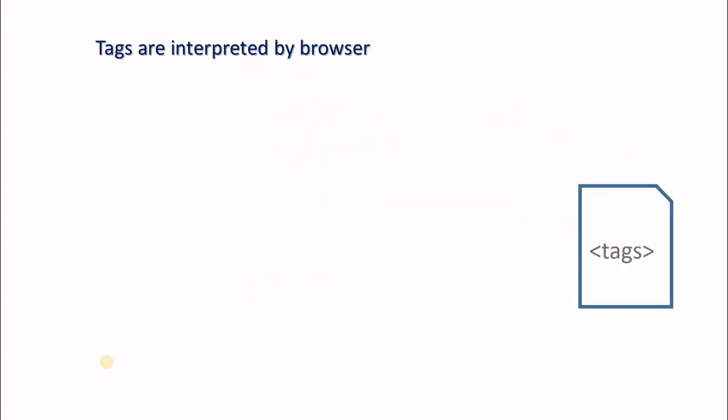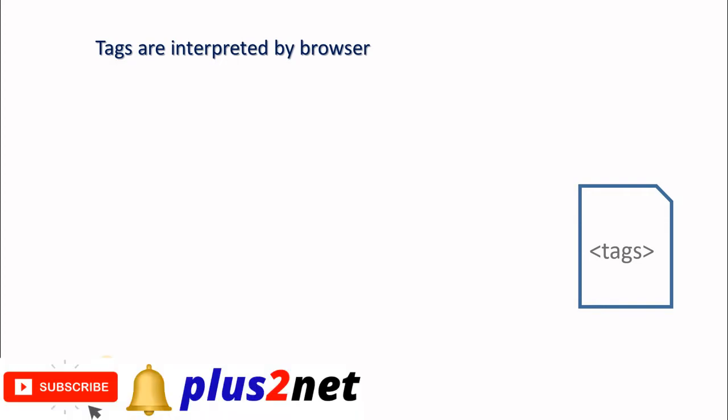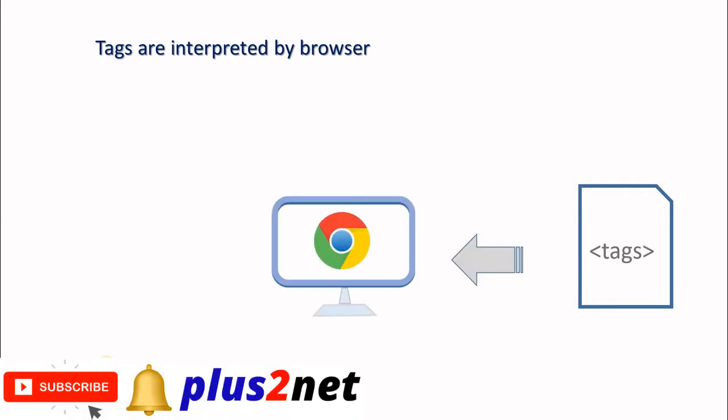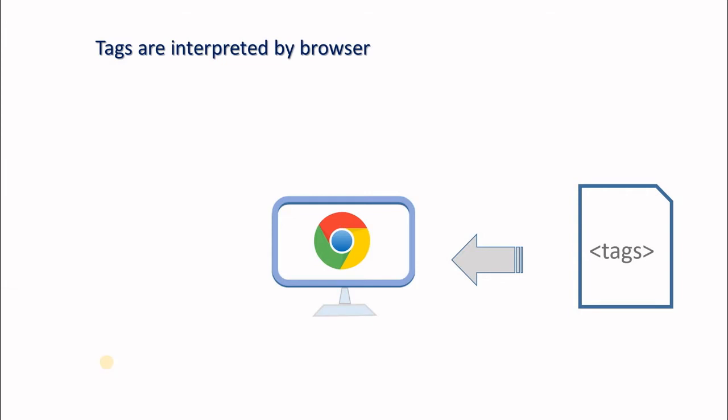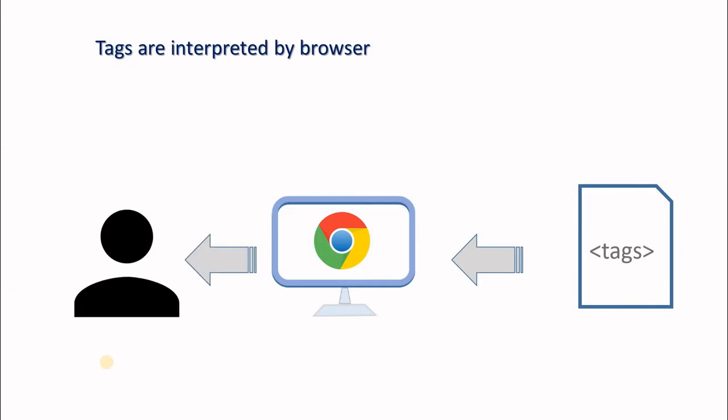So let's understand how the tags are interpreted. Tags are all interpreted by the browser. The way we want the content to be displayed, we add the tags based on that, and the browser understands those tags and displays accordingly. The tags are not displayed to the visitors, but the way the content is displayed is designed based on the addition of the tags. So if we see colorful text, bold text or italic text in our web pages, tags are used for this. One important point is that tags are not case sensitive.